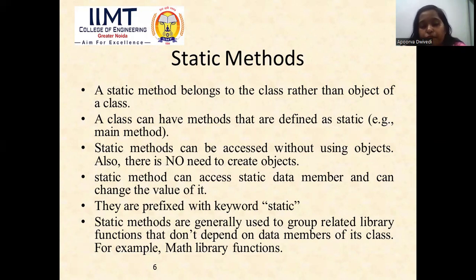So when the method is created, the members which are being used inside that method should also be created. That is why a static method only accesses static data members, but the vice versa is not true. Non-static methods can access both static and non-static data variables. If we want to create a static method, you just have to prefix the keyword static before it. Static methods are generally used to group related library functions and don't depend on the data members of their class. For example,